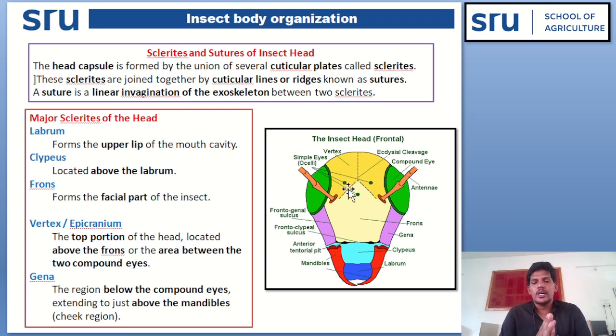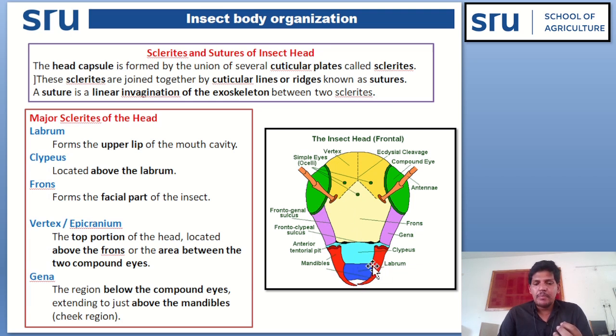jointed together. The sclerites are joined together by cuticular lines or ridges known as sutures. A suture is a linear invagination of the exoskeleton between any two sclerites. So, the major sclerites of the insect head,